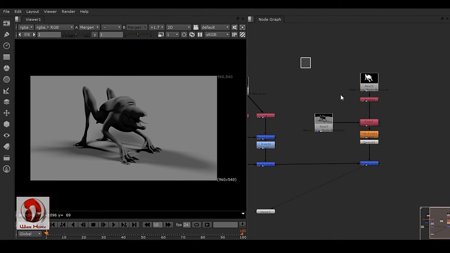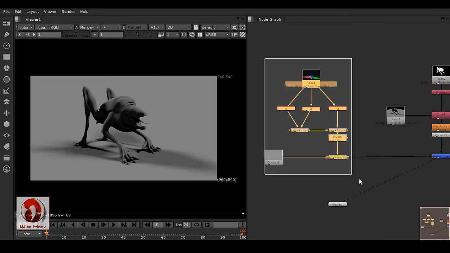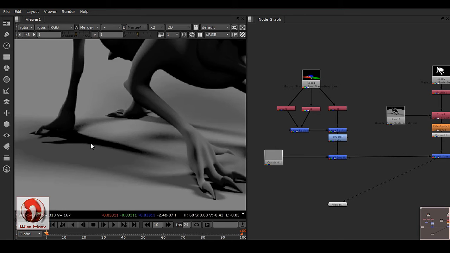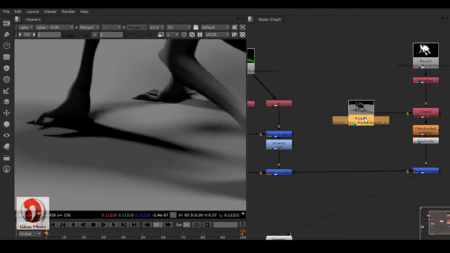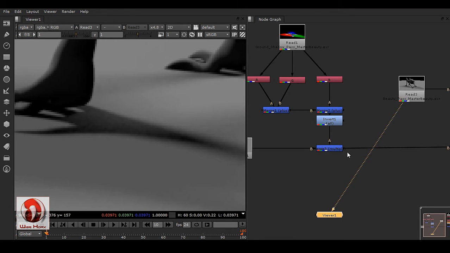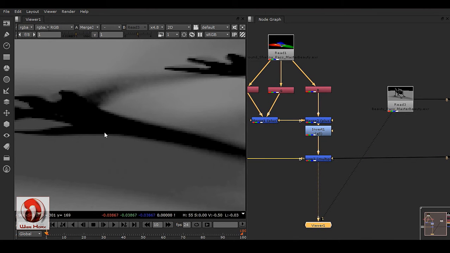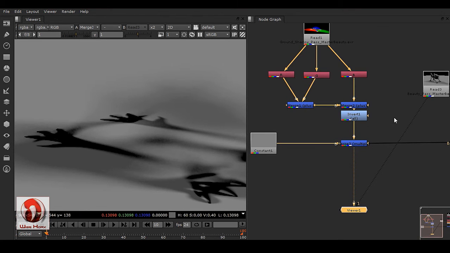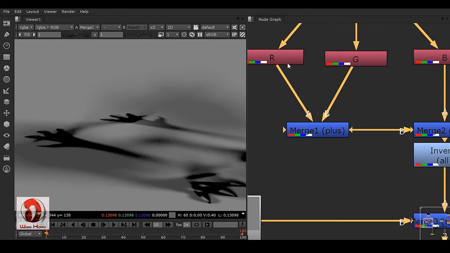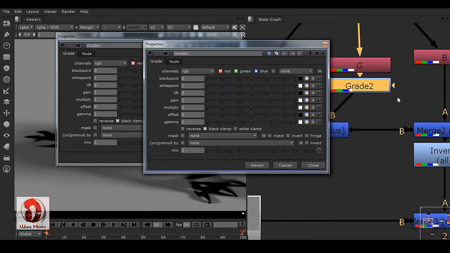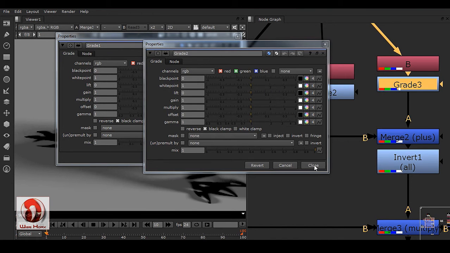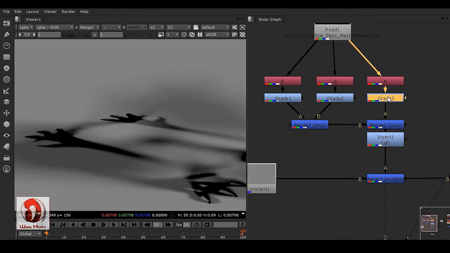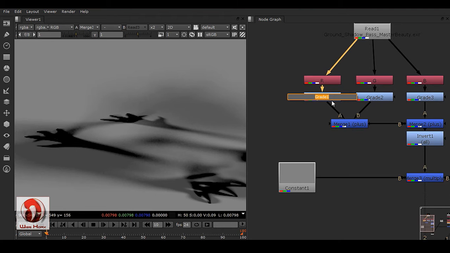Alright, so this is our character composition, this is our shadow composition. Now everything is done. Only one thing is left. That is that you can see the shadow is not matching with the actual shadow. This is extremely dark. So to get rid of this kind of problem, we can use a grade node for every single pass, shadow passes, and you can rename this as red,